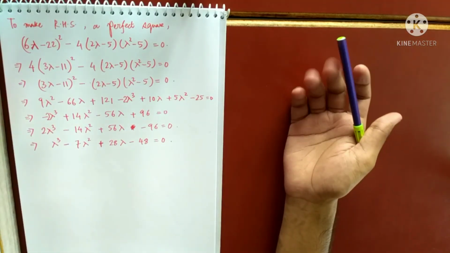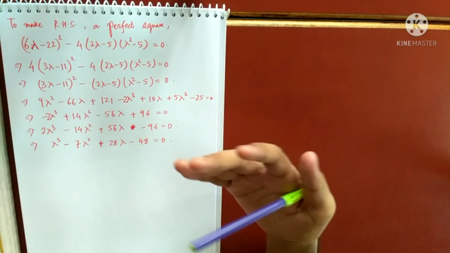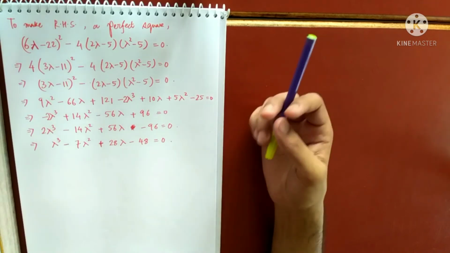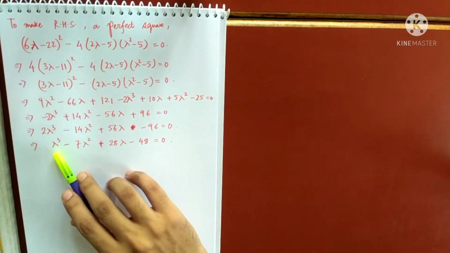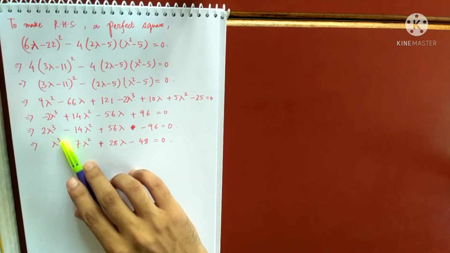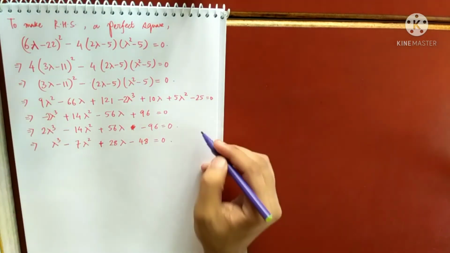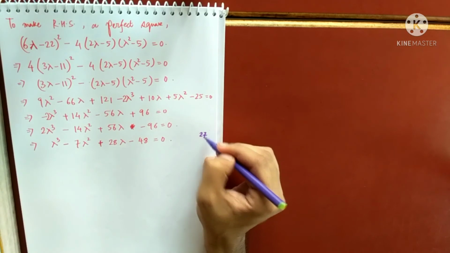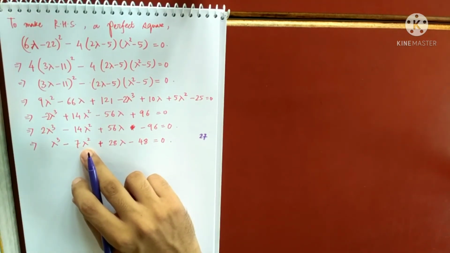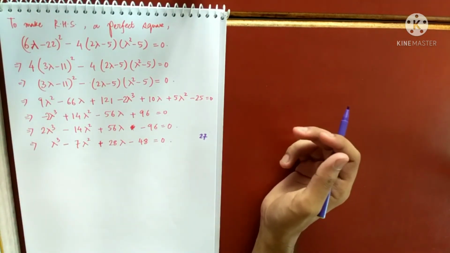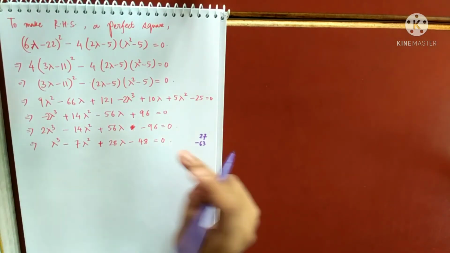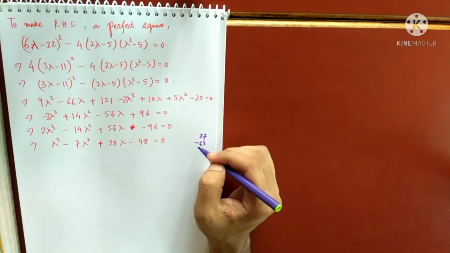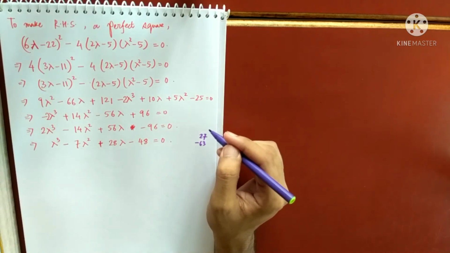Put minus 1, put 2, you have to just check that way, okay? And you will find that after putting 3, this will be 0. You may check. 3 cube is 27. You may just check. So you have to just do hit and trial method. 27, 3 square is 9, 9 sevens are 63, so minus 63 plus 28 into 3 will become how much?